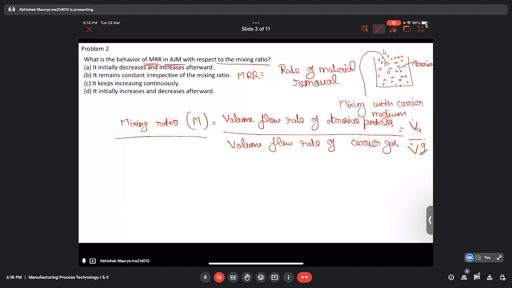So here also, what we can control is this mixing ratio, and our aim is to mix the amount of abrasive and carrier medium in such a way that we get a high material removal rate, and the surface property should also not get distorted. So experimentally it has been observed